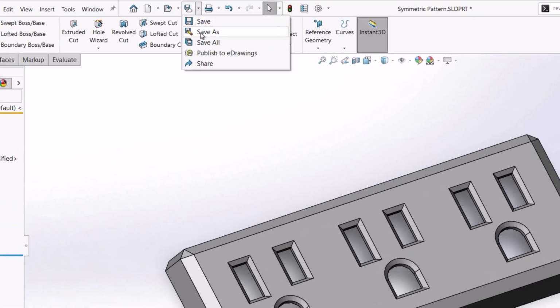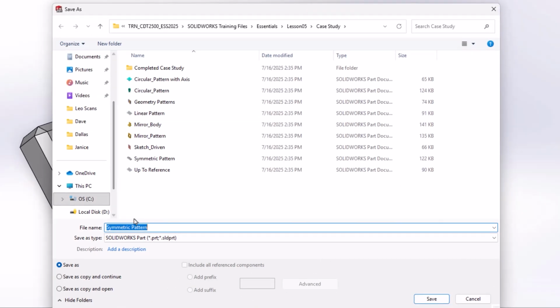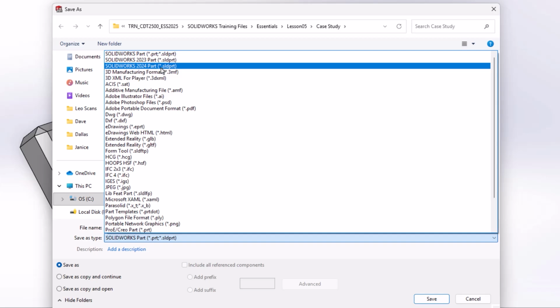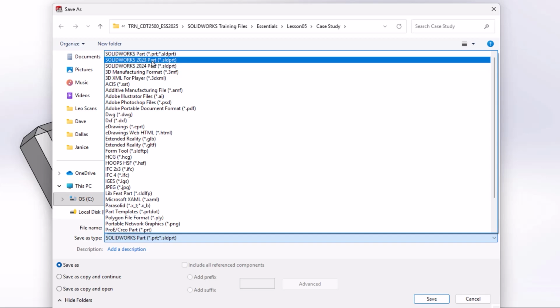And if I tell SOLIDWORKS that I want to do a Save As a Previous Version, pretty easy. I just have to click Save As, and then from my drop-down menu for my file type, you'll note that two previous versions back. Again, since I'm in 2025, I have access to 24 and 2023. What's nice about this is that we do now have backward compatibility at a certain level with previous versions of SOLIDWORKS. And there's a neat little catch-all that happens if we have a feature or a function that's been used in a newer version that doesn't exist in the previous version.